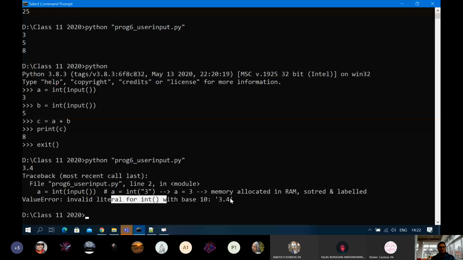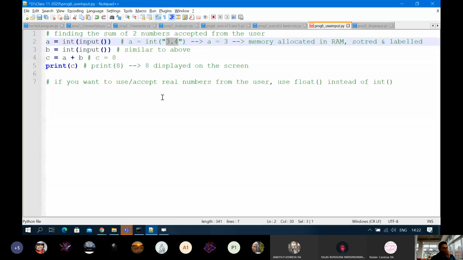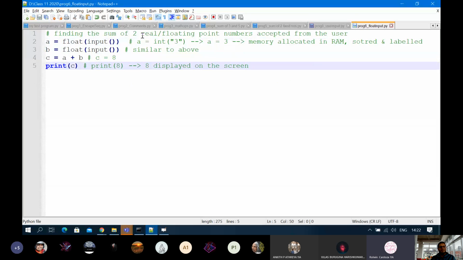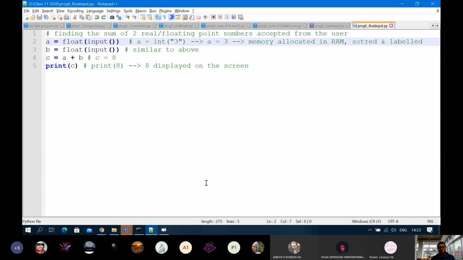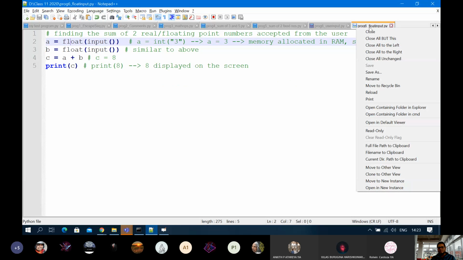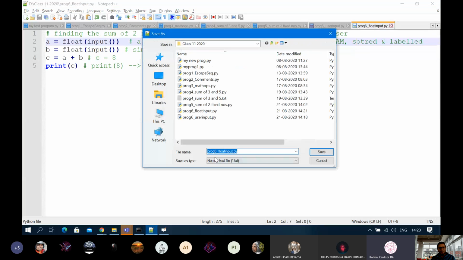ठीक है, 3.4. So if you want to accept numbers which are in floating point or real numbers, you have to switch your program this way. Okay, so int नहीं, उसे बोलोगे I want it in the float form, not as an integer form. ठीक है, then you see, I'll simply rename it.